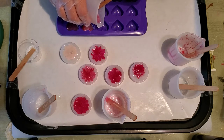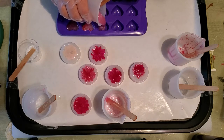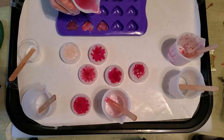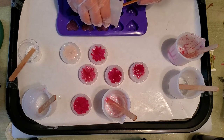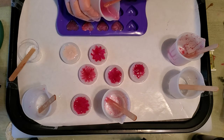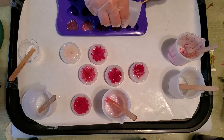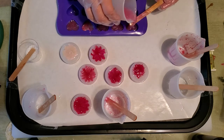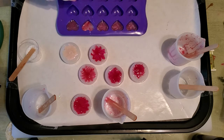Now I don't know if you can see the flowers. There's a lot of bubbles coming up from the bottom, and they're moving kind of to the center. So we'll go back and pop those. I mean, I could file them off later off the back of the